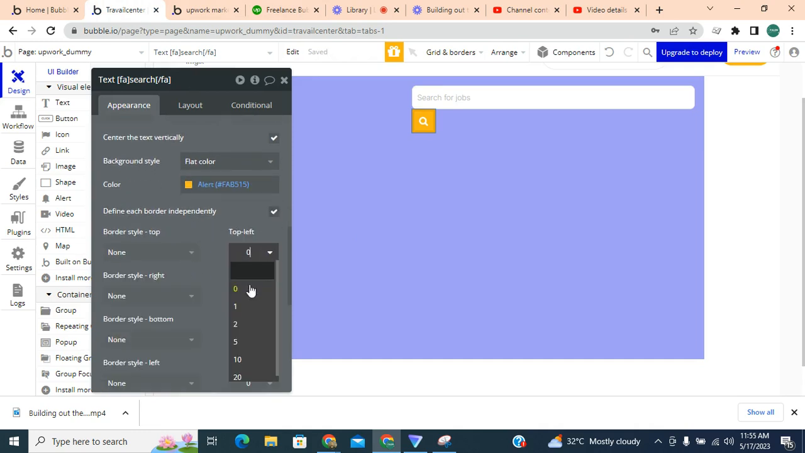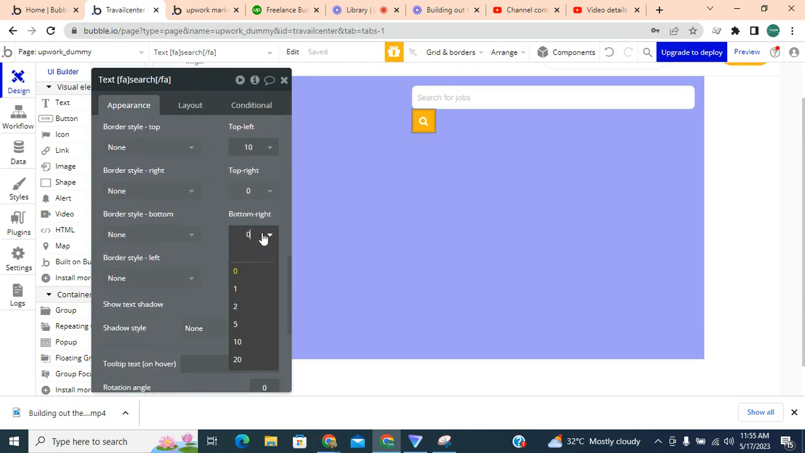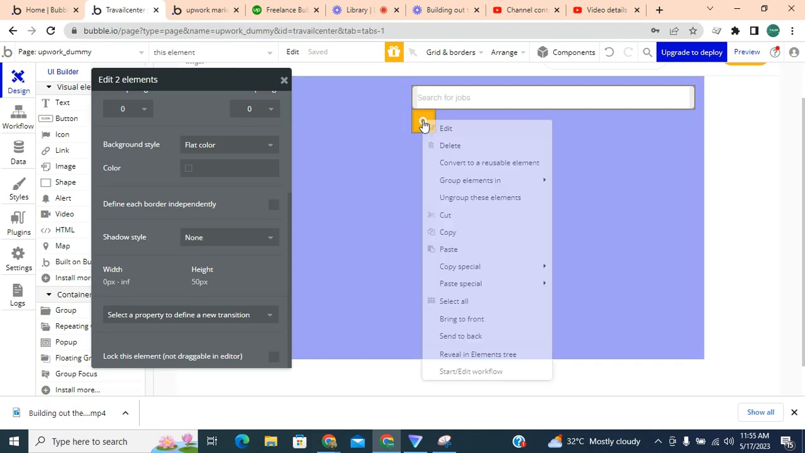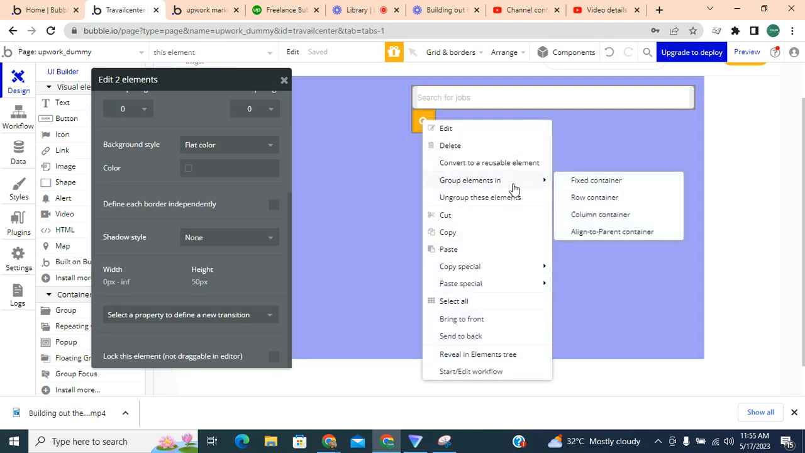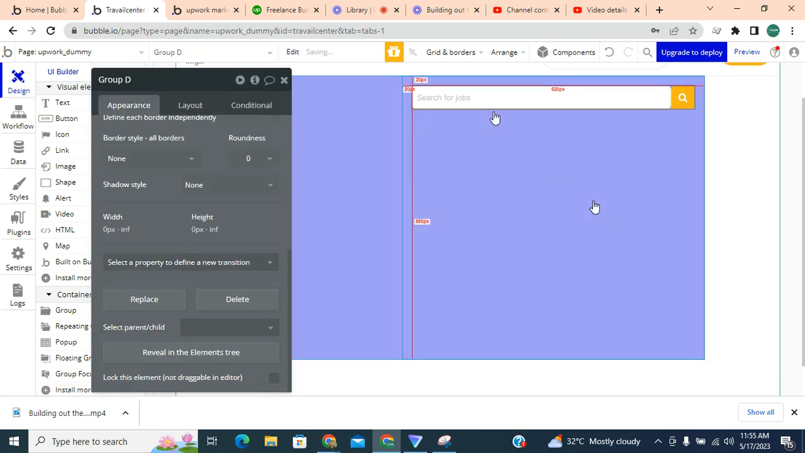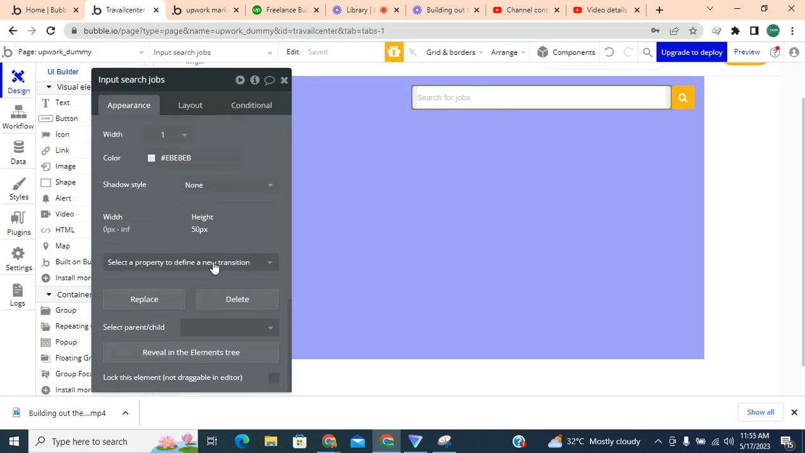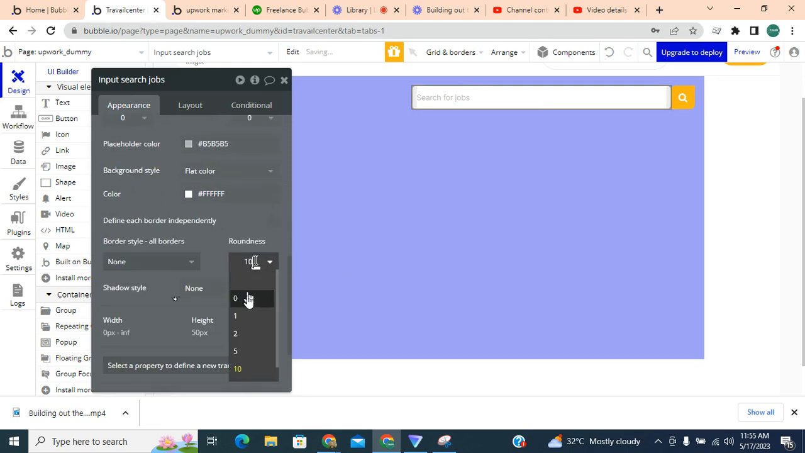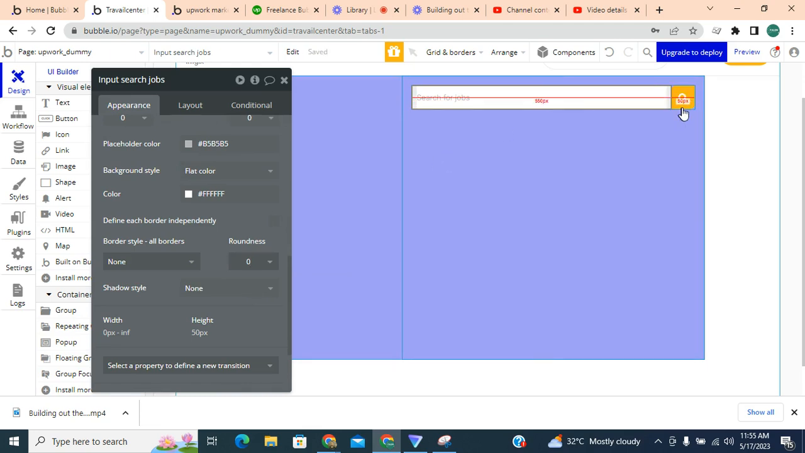So that's top right. I can make this 10, then bottom right, I can make this 10. And then I just group these elements into a row container. So what I will do is I'll remove the padding. I remove this here and turn this to 0,